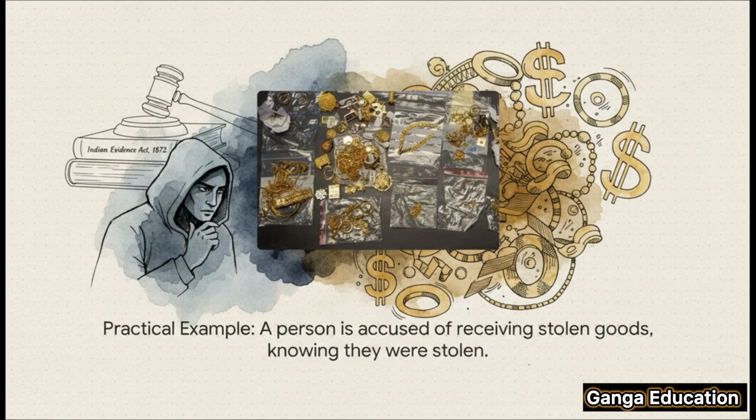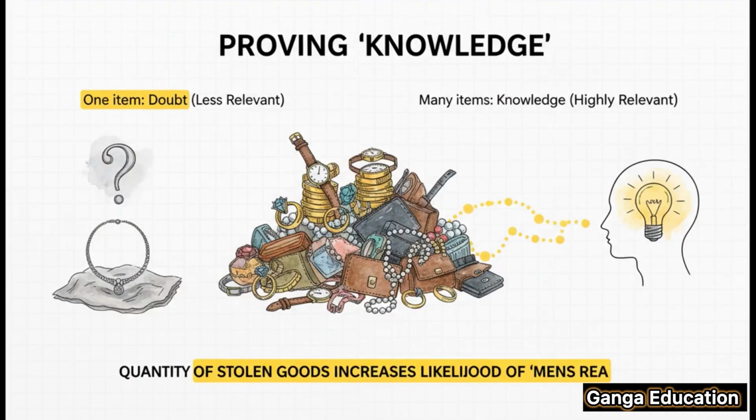ठीक है, थ्योरी बहुत हो गई। चलिए इसको एक प्रैक्टिकल एग्जाम्पल से समझते हैं। ये एग्जाम्पल सीधा बेयर एक्ट के इलस्ट्रेशन ए से ही लिया गया है। तो सिचुएशन ये है, मान लीजिए एक पर्सन है ए, उस पर आरोप है कि उसने चोरी का सामान खरीदा है और उसे ये पता था, he had the knowledge, कि वो सामान चोरी का है। अब यहां पर सेक्शन 12 कैसे काम करेगा, सोच के देखिए। अगर पुलिस को ए के पास उस एक आइटम के अलावा और भी बहुत सारे चोरी के आइटम्स मिलते हैं तो ये फैक्ट सडनली बहुत रेलेवेंट हो जाता है। आप पूछेंगे क्यों? क्योंकि ये इस बात की तरफ पॉइंट करता है कि ए को नॉलेज थी कि ये सामान चोरी का है, वो कोई इनोसेंट बायर नहीं था। और इसी क्रिमिनल नॉलेज को हम लॉ में क्या कहते हैं? मेंस रिया, the guilty mind। और बस यही तो सेक्शन 12 का पूरा कोर प्रिंसिपल है।